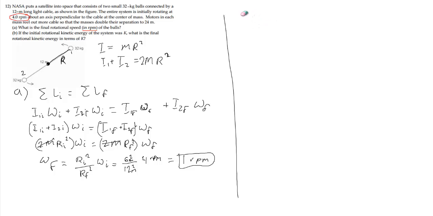So our goal here is to write our final kinetic energy in terms of the initial kinetic energy. So let's first find out what the initial kinetic energy looks like. K is equal to 1/2, our rotational kinetic energy is equal to 1/2 I omega squared, initial omega squared, which means that this is equal to 1/2, our I is 2, because we're taking this whole system,